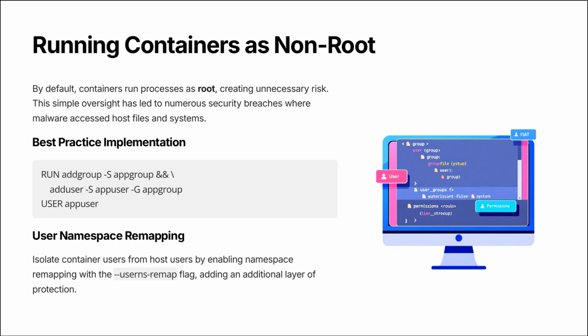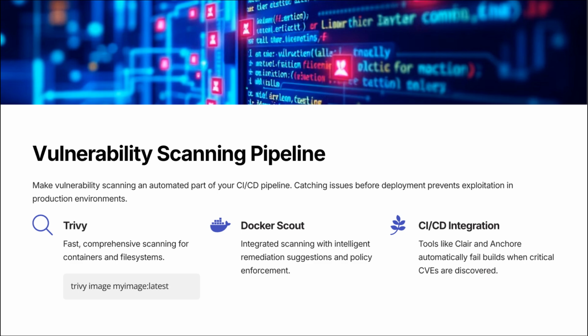On top of this, another protective measure you can take is to enable user namespace remapping. This technique isolates container users from host users, adding an extra layer of defense. You can enable namespace remapping with the user's remap flag. By following these best practices, you can